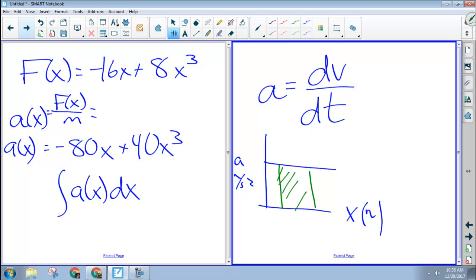The problem is you just use x as the generic variable, and I don't write down t, so I usually just use